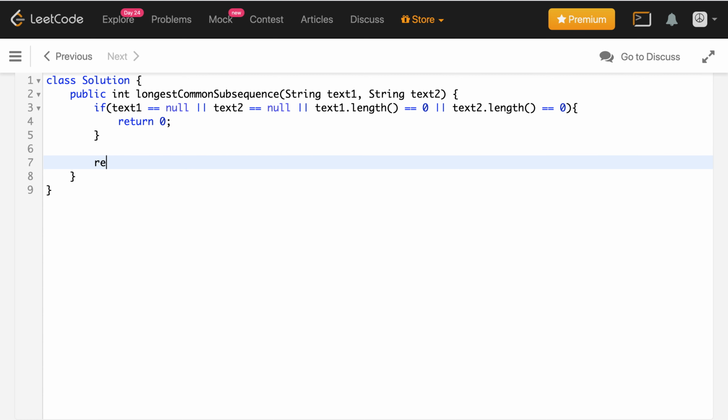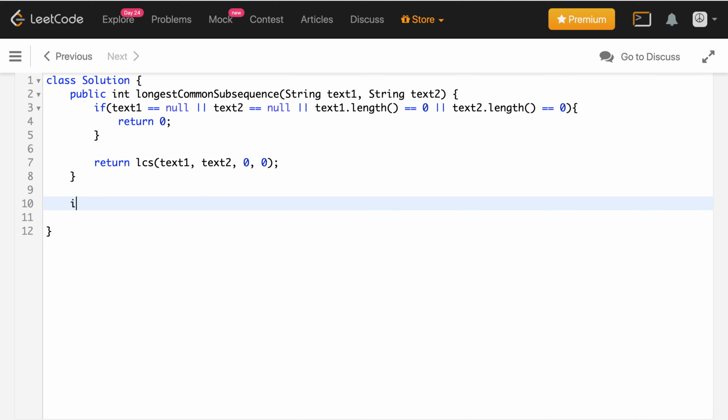Now I'm going to write a recursive method LCS, and I will be providing the current text1, current text2, i and j. So I'm passing 0, 0 because I'm going to iterate the strings from the beginning. So let me write this method LCS,